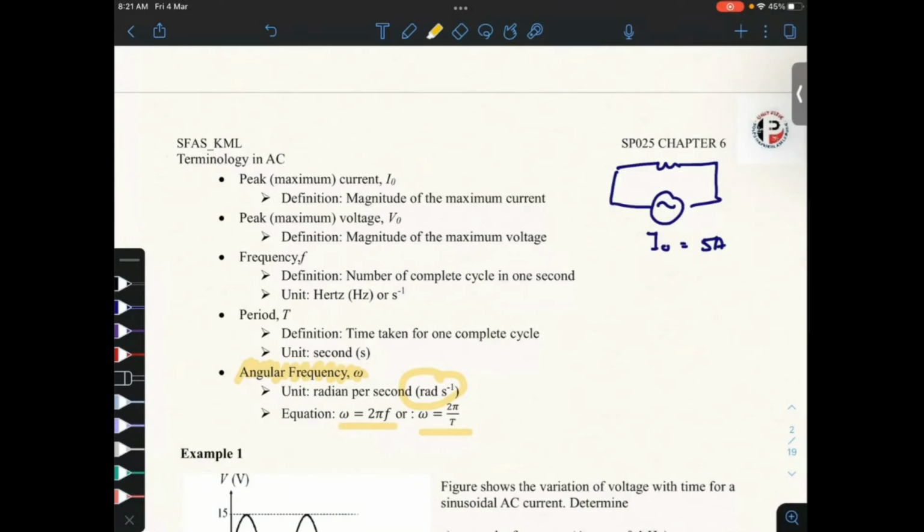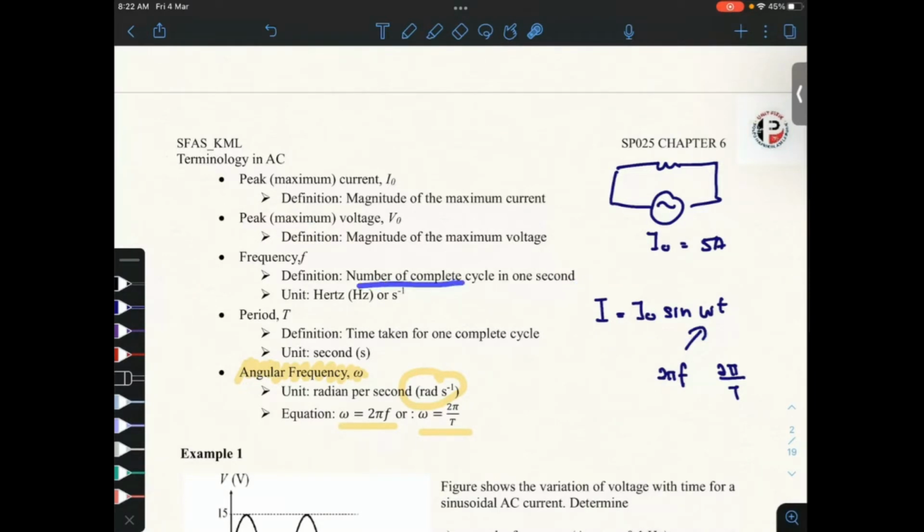Okay, kalau dia suruh kamu keluarkan equation, if the question wants you to give an equation for a AC circuit, okay, selalunya dia akan bagi nilai frekuensi ataupun period. However, your equation adalah I is equals to I0 sin omega t. So omega t ni, omega ini, kamu boleh dapat nilai omega menggunakan equation 2 pi f ataupun 2 pi over t. So dalam soalan selalunya dia akan bagi nilai frekuensi ataupun period sahaja. Dia tak akan bagi terus nilai omega. So you have to find the omega first before you come up with the equation,